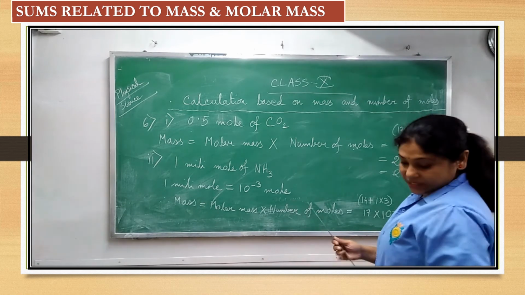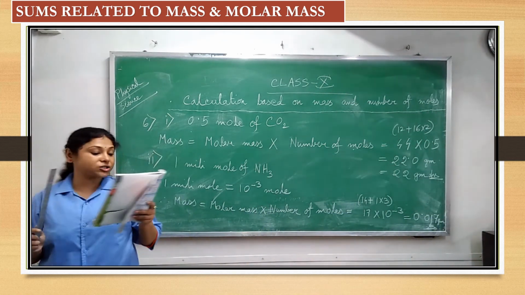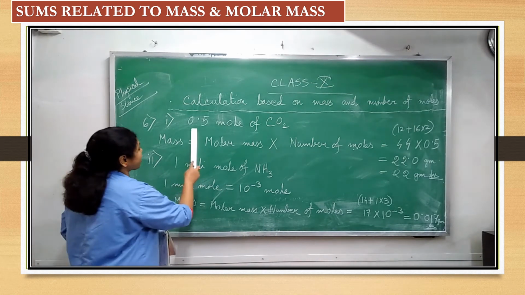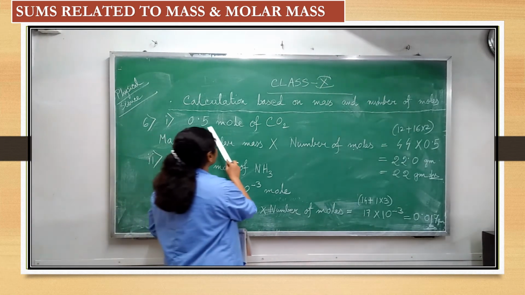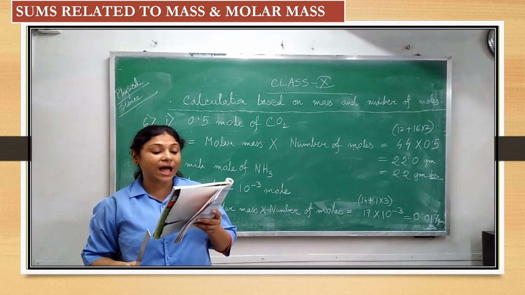Now the next sum is number 6. Number 6 sums: calculate the mass of the first one, 0.1 mole of CO2. So here you have to calculate the